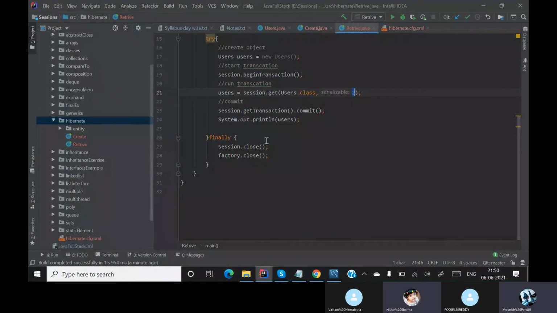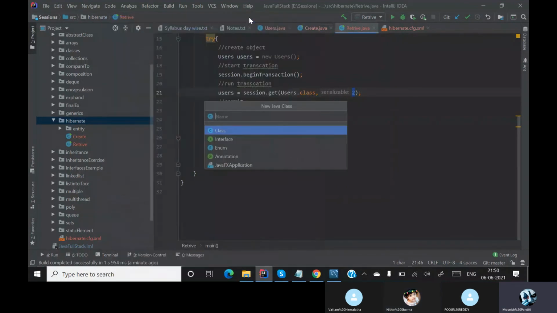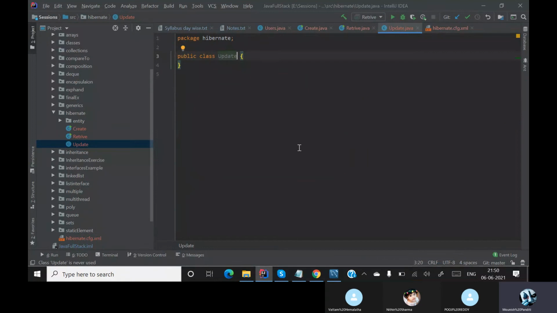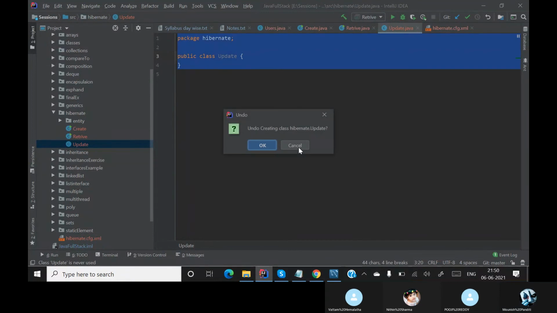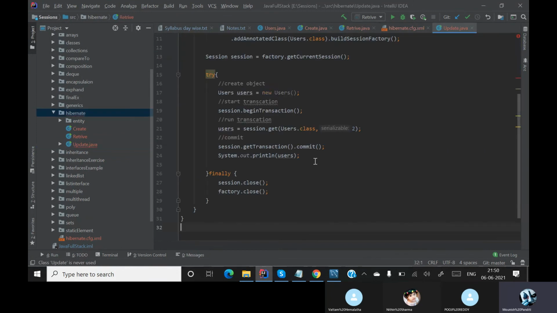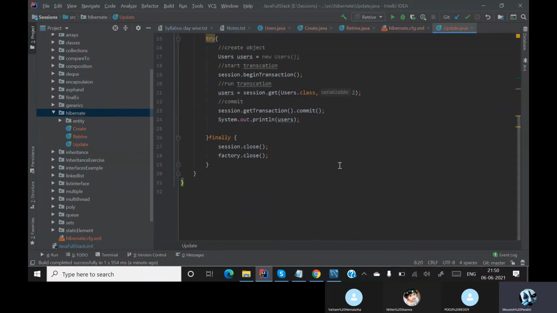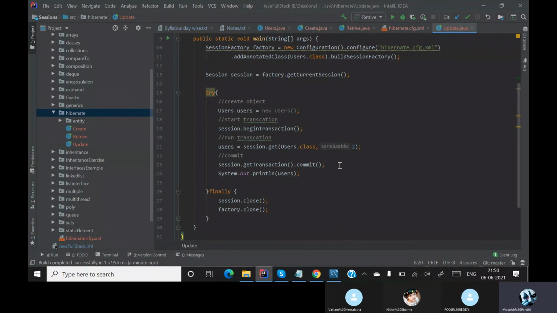Yes, sir. Now let me create another class over here. Here let the class name be update. Let me go to retrieve, copy this, go to update, paste it. Instead of retrieve, let me make this as update. Even when I am updating, how do I update is the question.